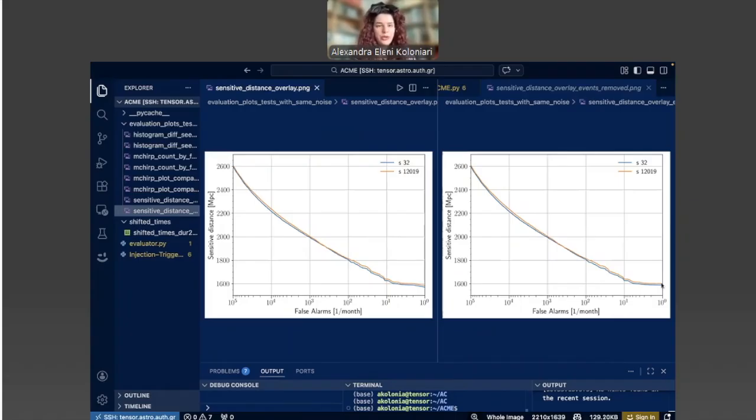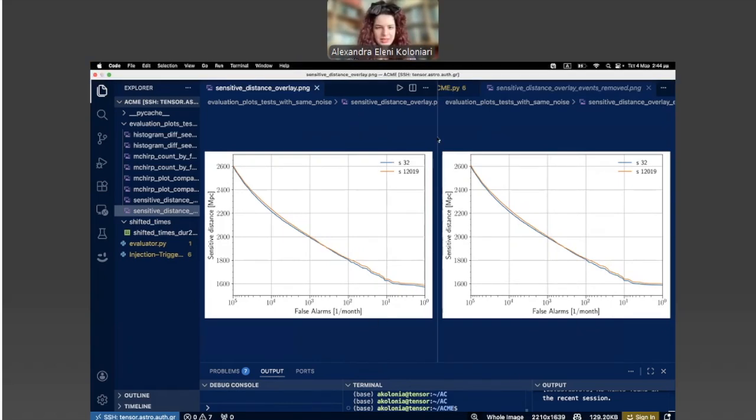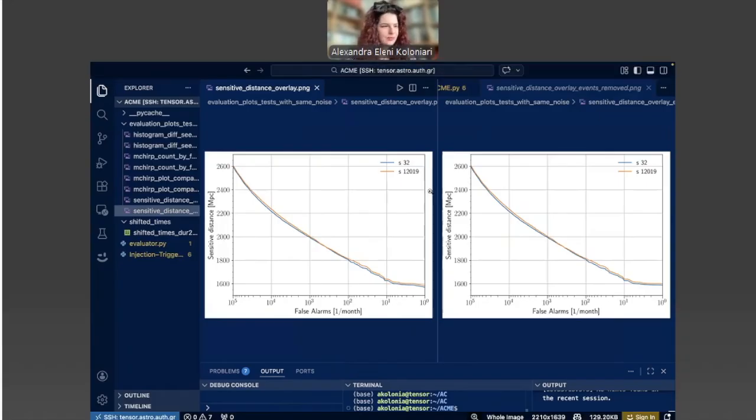Before we go on to the real data, which is a very small analysis, are there any questions? Can you see, are there questions in the chat? No. Okay. Anyone? If you want to raise your hand or ask in the chat.